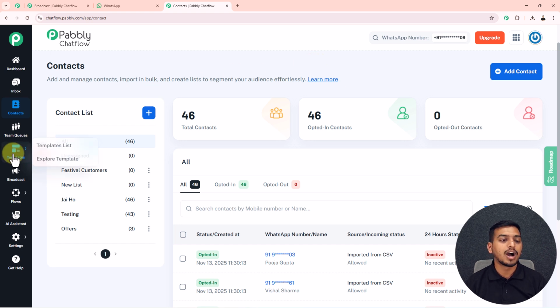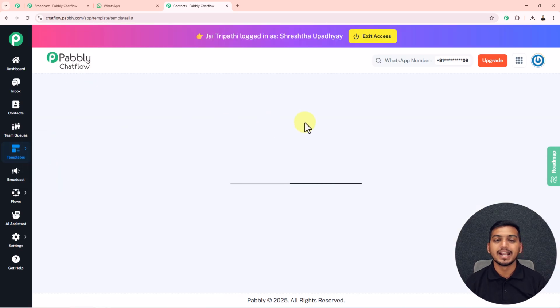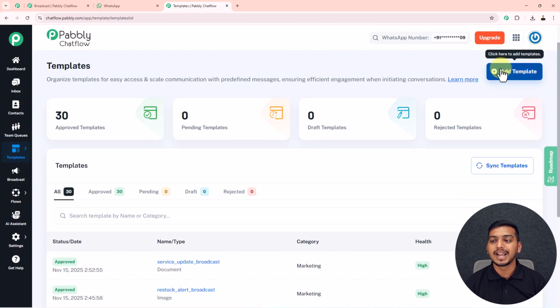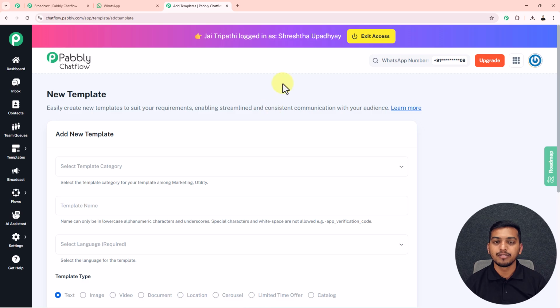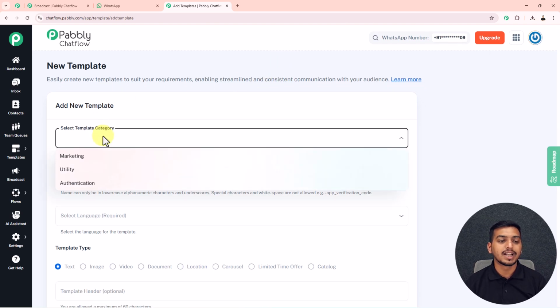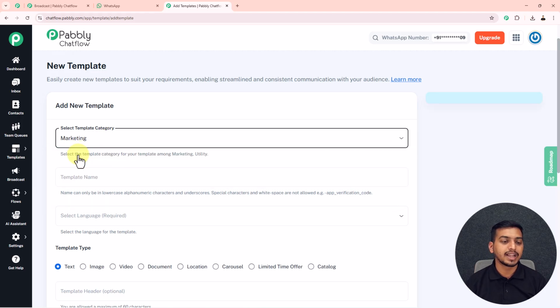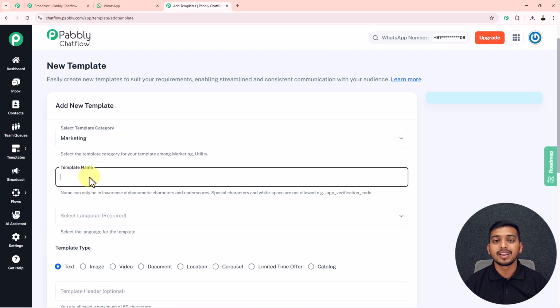Now I will show you how you can create a template. For that, you just have to go on this template list, and in here you have to click on this add template button to start creating a template for yourself. First of all, you have to select a category of your template. You can select among marketing, utility, authentication. I have selected marketing as my category. Now we have to enter a name for this template, and there is a rule that the name can only be in lowercase, alphanumeric characters and underscores. Special characters and white spaces are not allowed, and